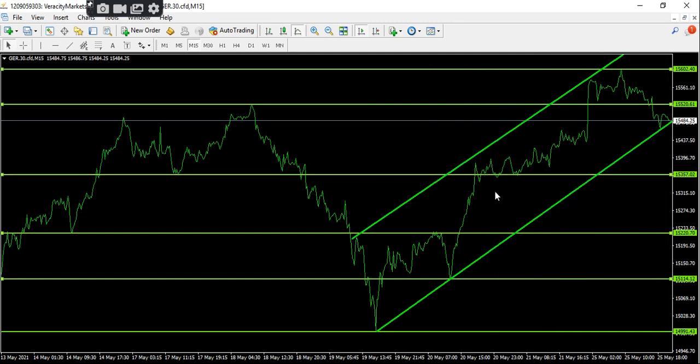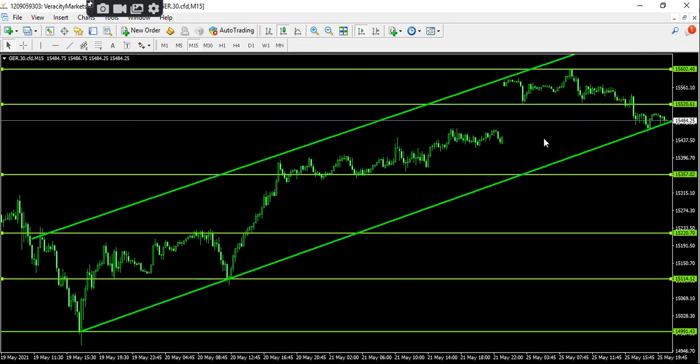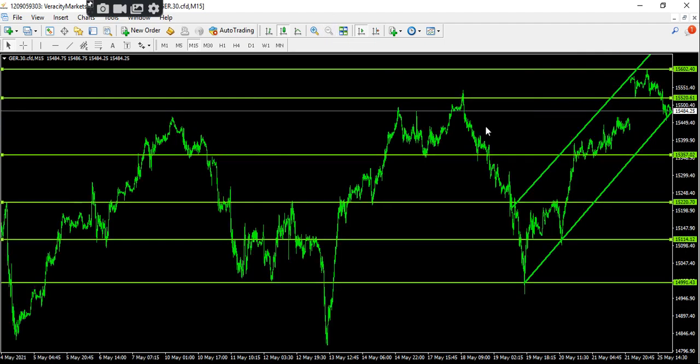As I said, this is our future content, but I've decided to share a little bit of a clue with you on how we're going to do what we're going to talk about in the future content. So you can see, guys, I've just switched my chart to candlesticks again, and you can see the accuracy that I was talking about